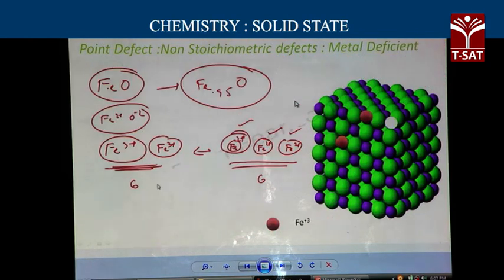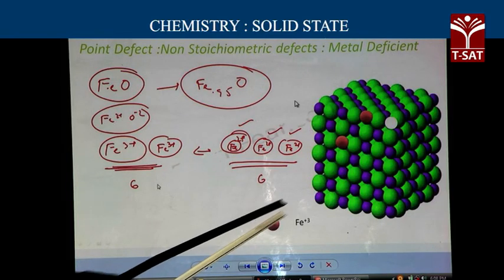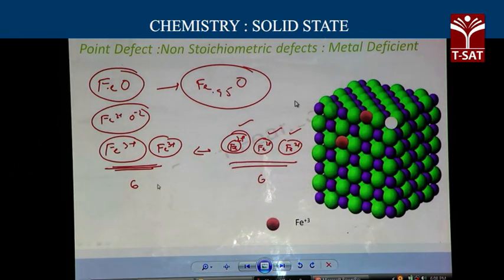Let us see the metal deficiency defect. Here, this is the crystal and this brown color sphere is say Fe3+. The green color balls are Fe2+ and the violet color balls are say O2-. So, in the FeO structure,